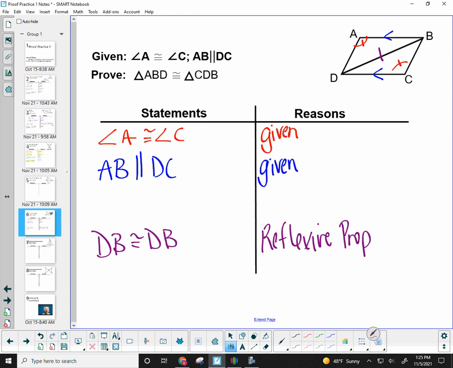Wait, sorry. Yeah, AB is congruent. You're close. You wanted the other ones. Oh,